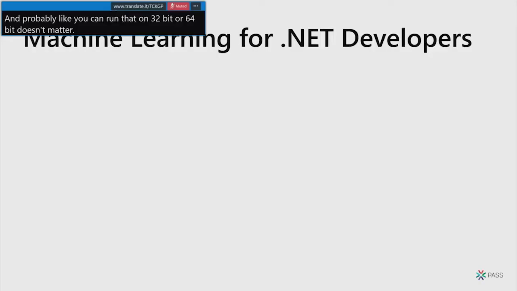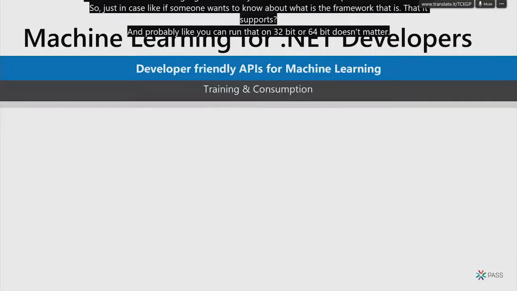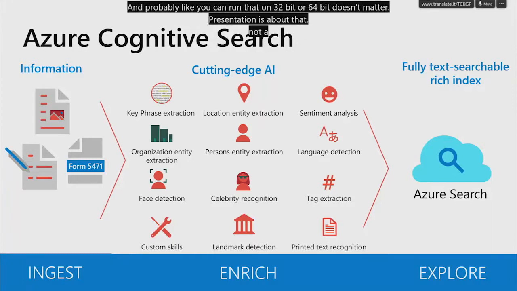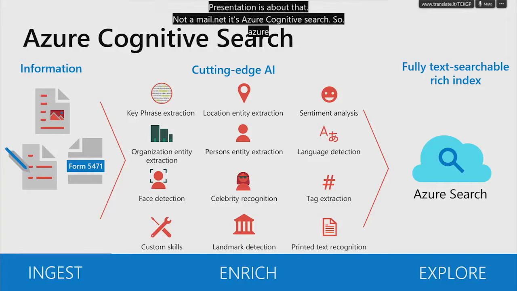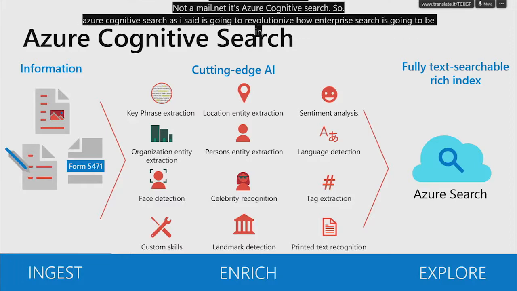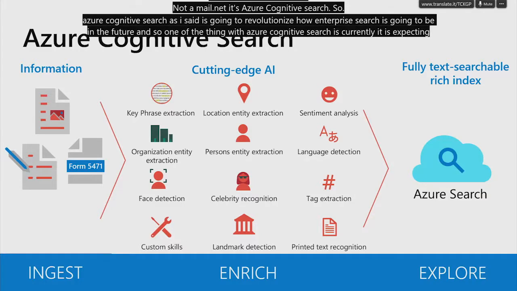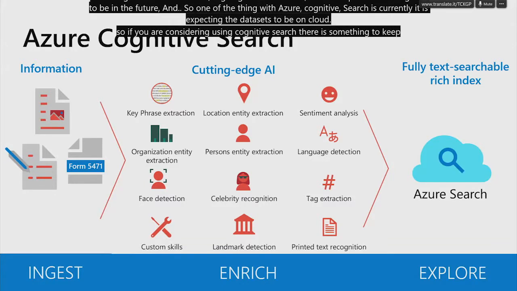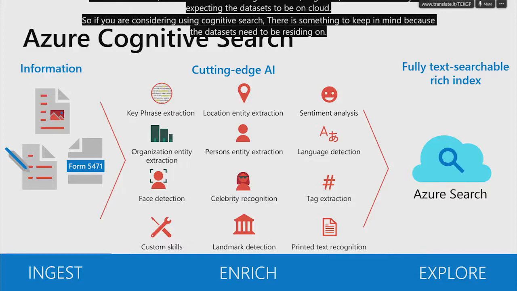Great. So the last part of today's presentation is about not ML.NET, it's Azure Cognitive Search. So Azure Cognitive Search, as I said, is going to revolutionize how enterprise search is going to be in the future. And one of the things with Azure Cognitive Search is currently it is expecting the data sets to be on cloud. So if you are considering using cognitive search, that is something to keep in mind, because the data sets need to be residing on the blob storage or somewhere, but it should be on the Azure service